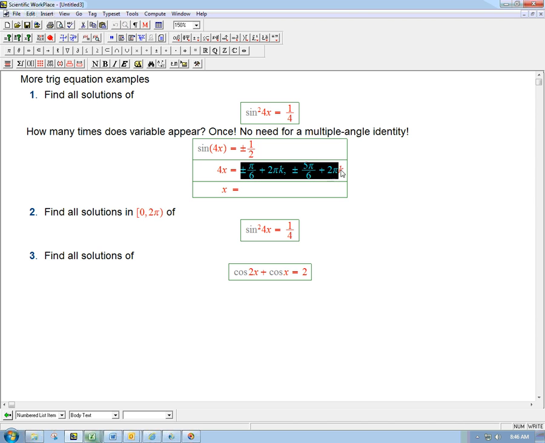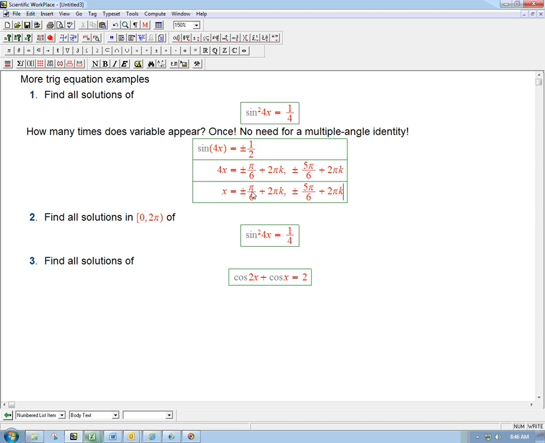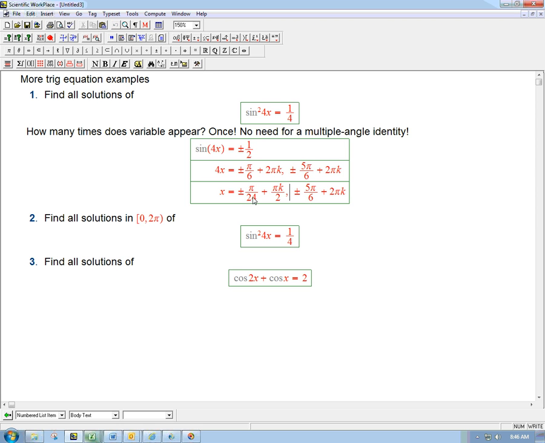So let me just copy this. I'm just going to divide everything by 4. So plus or minus pi over 24 plus pi k over 2. And then here again, 5 pi over 24 plus pi k over 2. That's it. That's all you have to do. So this is a crucial one to not overcomplicate. Okay. So another thing to notice, and this is going to be really crucial in the next version of the problem,